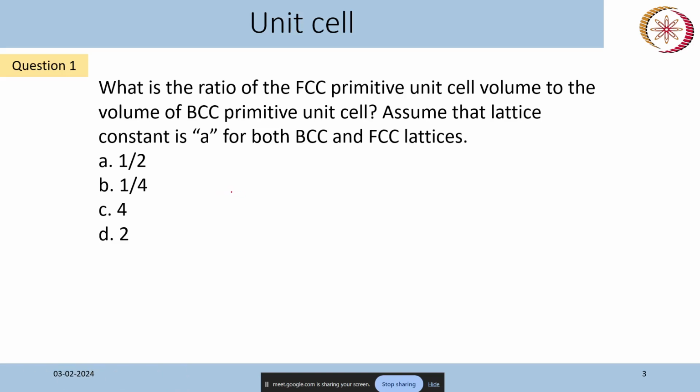So for the primitive unit cell, the number of atoms in the primitive cell is 1. Okay, in FCC, so